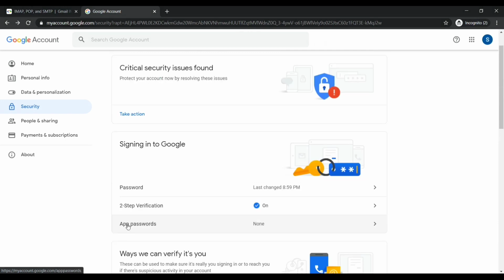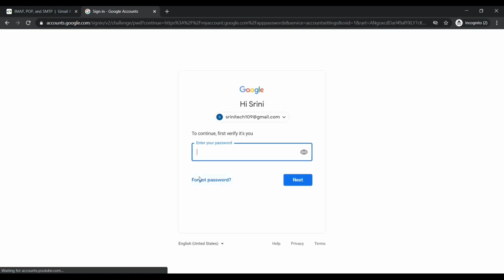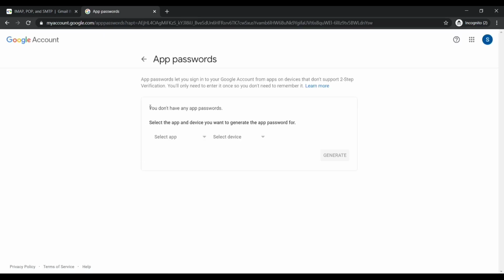Now you will see another option, app passwords. Click on that and enter your password again. It is showing that you don't have any app passwords. We need to select the app and device you want to generate the app password for.